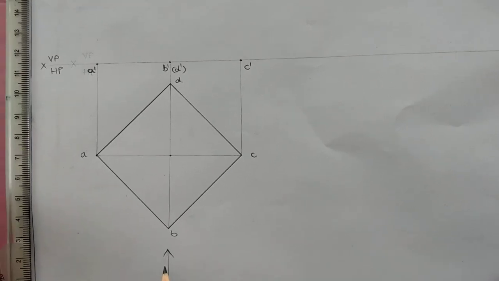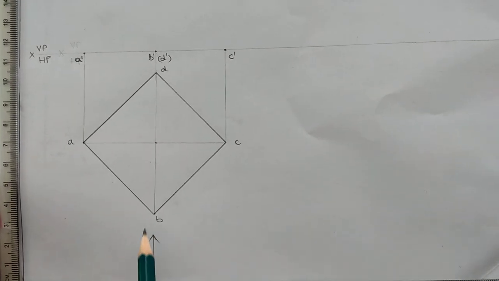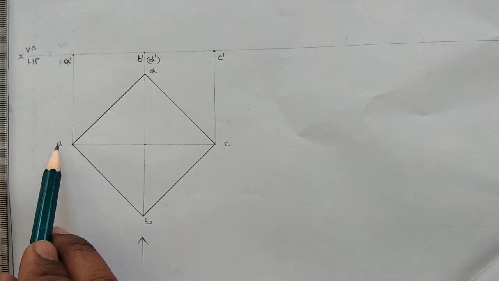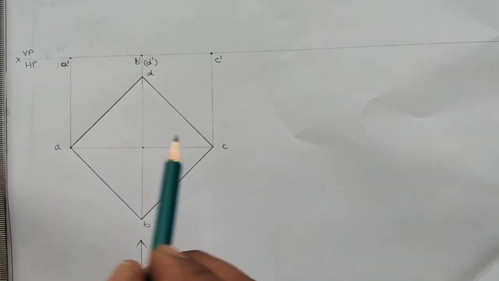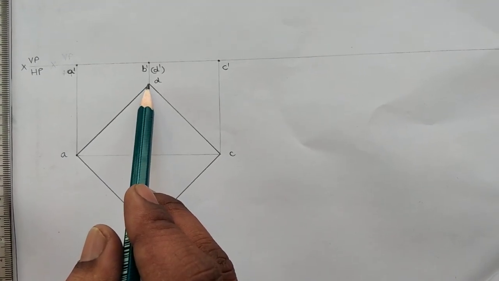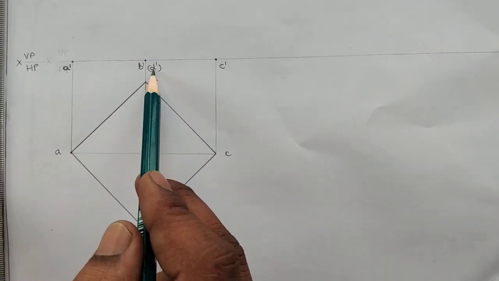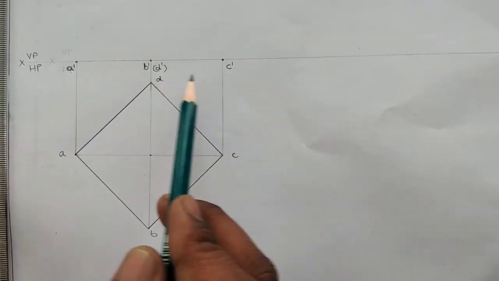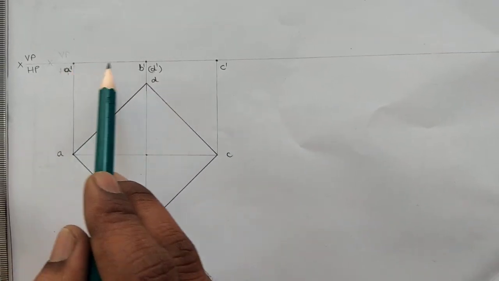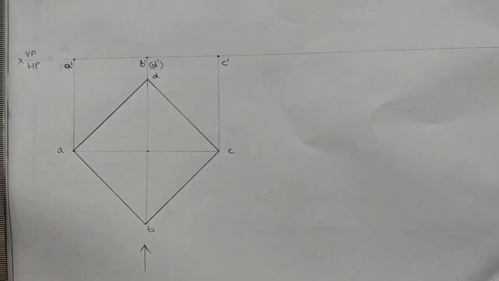Then if we come to the naming, we should see the plane surface in this direction for the front view, so that A, B, C points are visible. D is a hidden point, so after the projectors have been completed, here I kept D within the braces, and all remaining points outside the braces. Then next step, join all the points with H pencil.